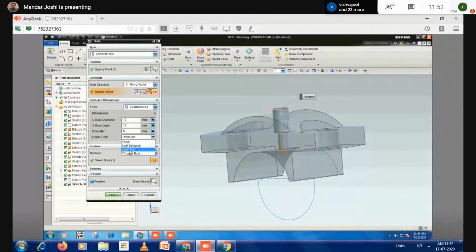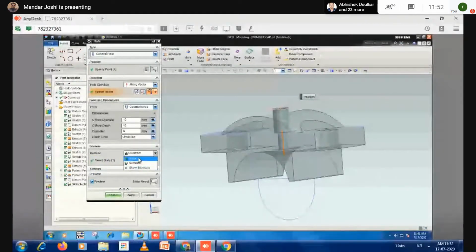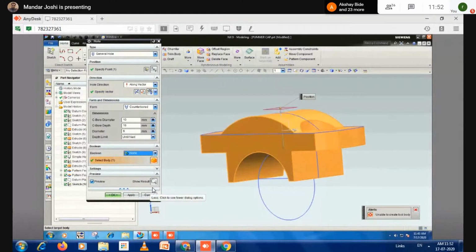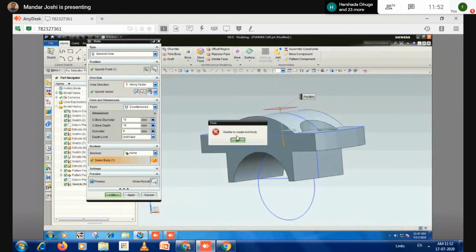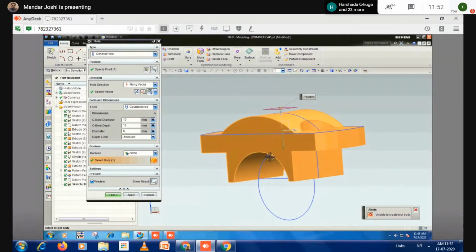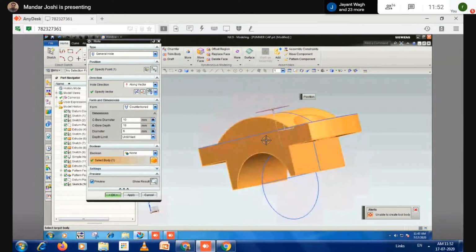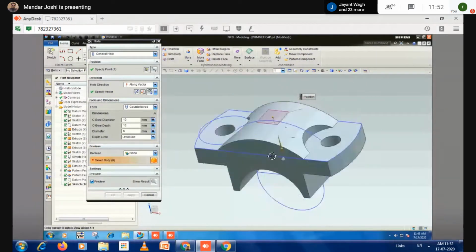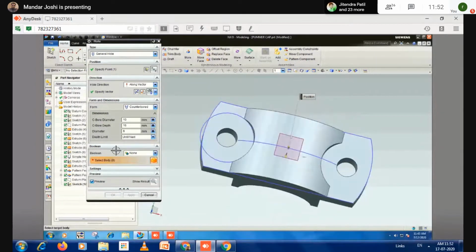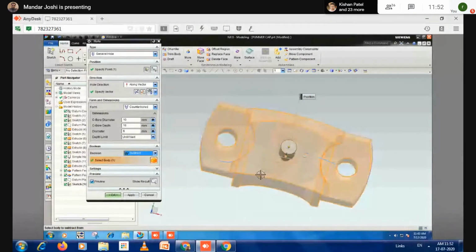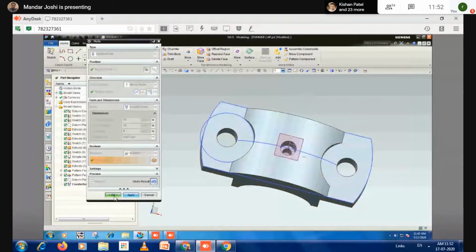The depth of hole is until next. Now which option do you have to select, none or subtract? For achieving the hole, use subtract. What happens if I take the none option? It will generate one different body. You see this preview. It will generate only a different body, so I'm not selecting this one. Separate bodies get created, but when you use the subtract option, the feature will build. From this body, you have to set subtract. See this preview and click on OK.